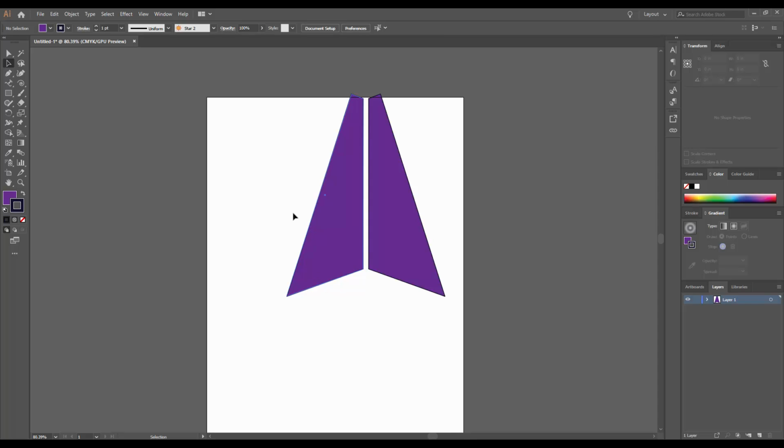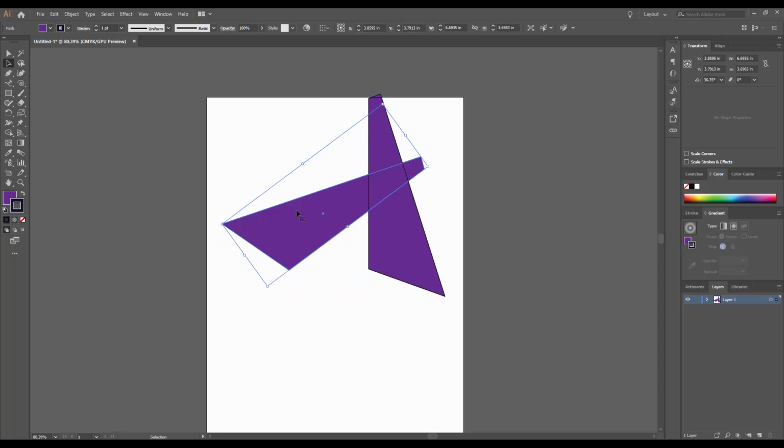rotate one of the shapes, I use the black arrow, I click on the shape, and I hover my mouse in the corner a little bit so that you can rotate, and it's always going to rotate based on the center of the shape. So this little blue grip right here is always the pivot point. So again, you can hover in any corner that you want to. You just have to try and get that double-headed curvy arrow right there, and that's how you know that you're